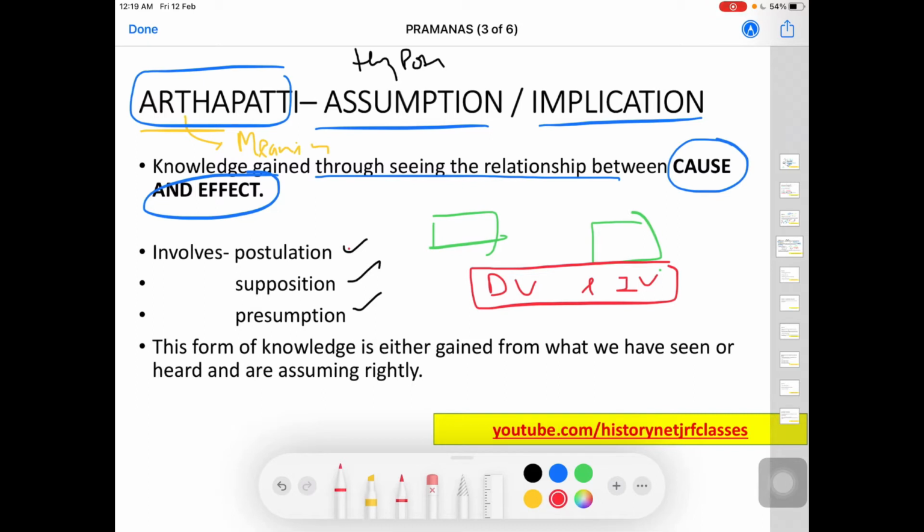This form of knowledge is either gained from what we have seen or heard and are assuming rightly. So under Arthapatti, whatever knowledge we draw with the help of our sensory organs, with the eyes, or whatever we have heard, that is whatever is in our memory power, smriti, and then we make an assumption about that. We will understand it with the help of examples, but do remember that it has two elements, that is cause and effect. So the examples are,